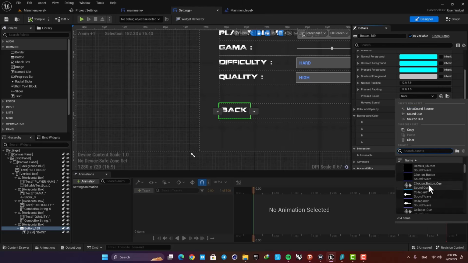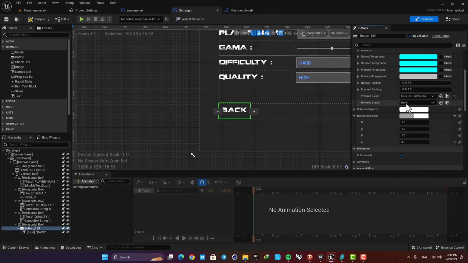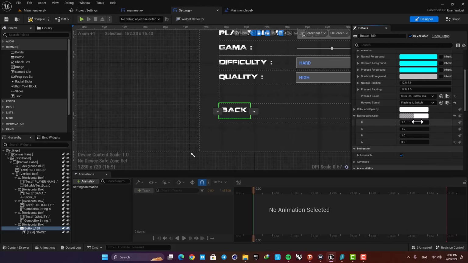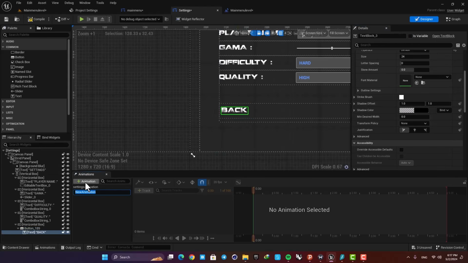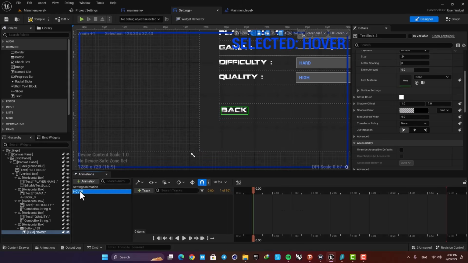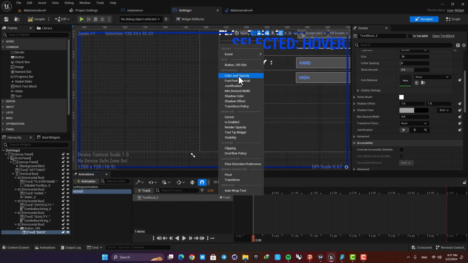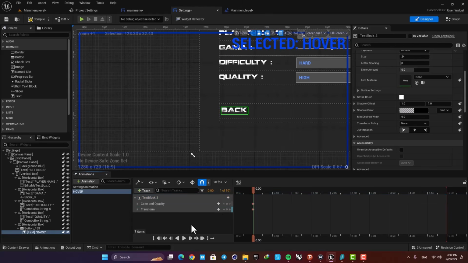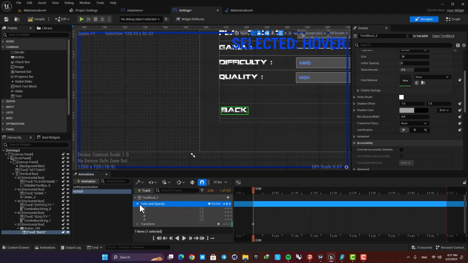The press sound was click on button cue, and the hovered sound was flashlight switch. Also, let's make an animation for it. So create an animation, name it hover, select this, and add a track. Then add the color and opacity, and also a transform. For the color, we want to